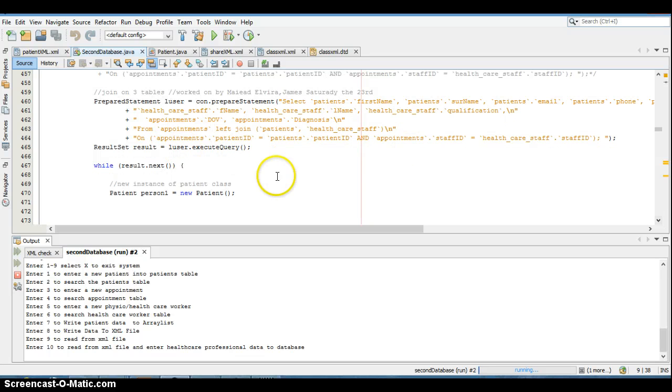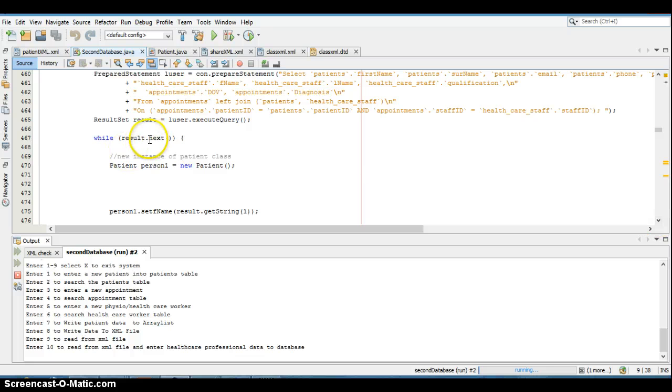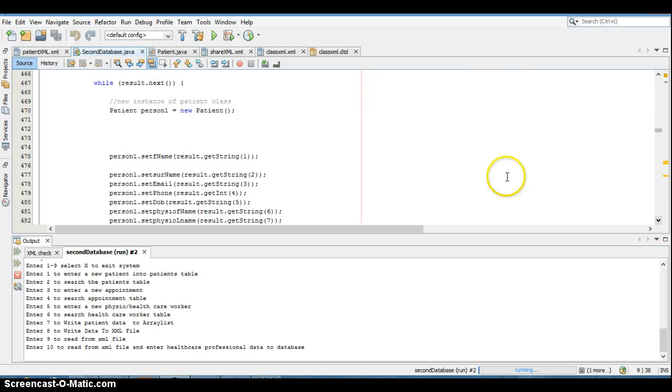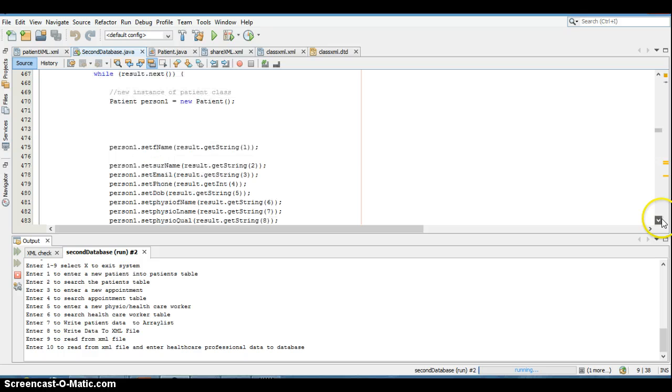So we come in here, so this basically queries our database table, and then when there is a result, down here we create a new instance of the class patient, which is person 1, and for person 1 we set first name, surname, email owing to what we have found in the database. So get string 1 will return the name, column 2 will return the surname, and so on and so forth